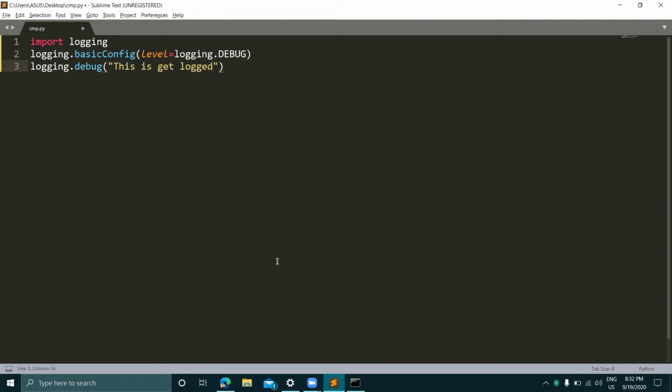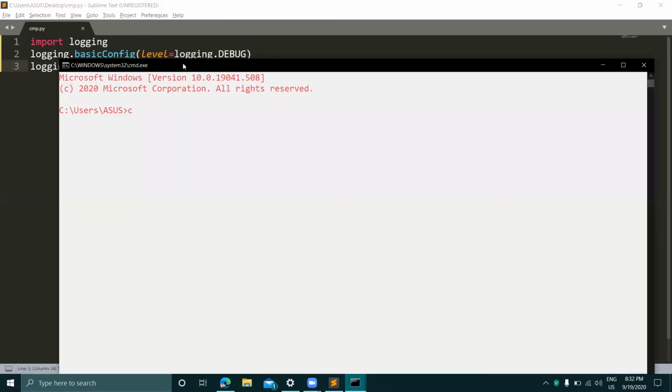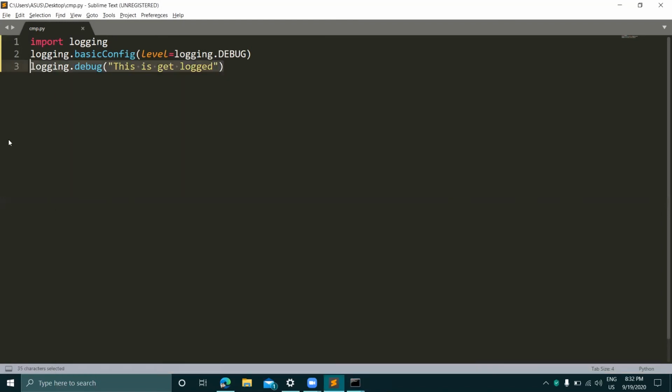So here is a simple thing. We are using the basic configuration, and here I set the level to debug. Okay, so it is the primary thing. So now run this program. Python cmp.py. So now you can see this is get logged. It is debug from the root. Okay guys, so now we will create the file name.